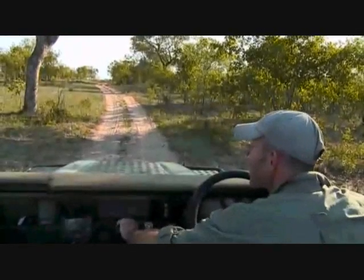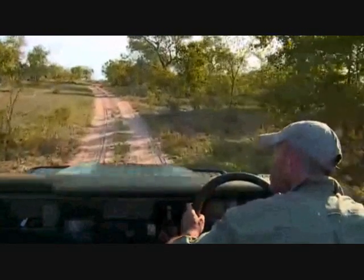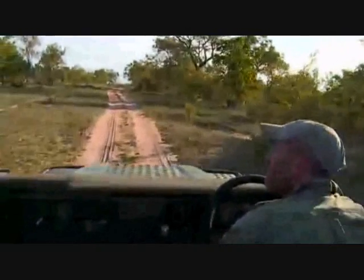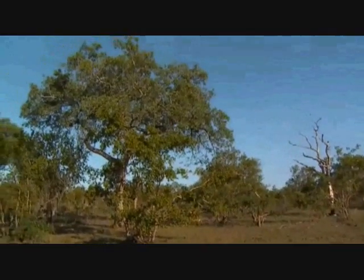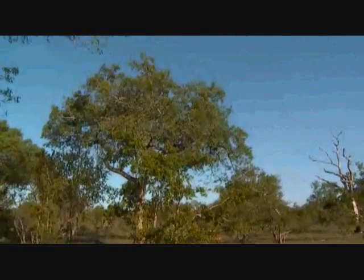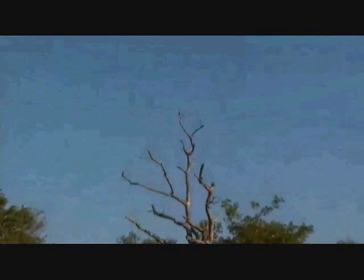Oh, I've spotted him. Let's just go quickly. Brian is on the dead tree to the left of us there. Brian, by the way, is on camera. I'm not speaking to myself. There he is, Brian. So there, he's just on the top of the tree there, on the dead tree there, Brian. I've got him there. Right, so we've got him there, and while we're just getting picture on him,